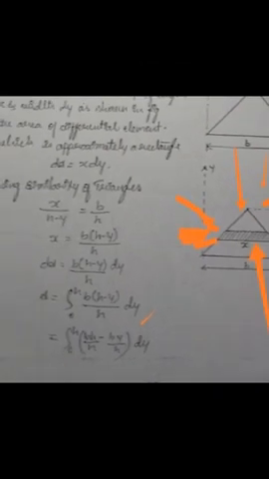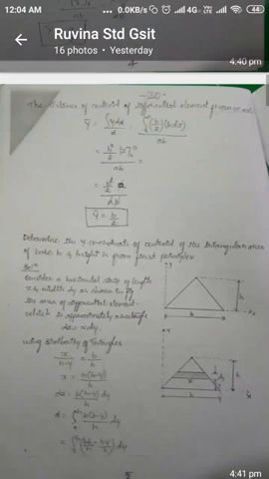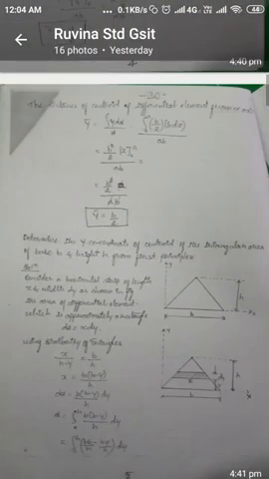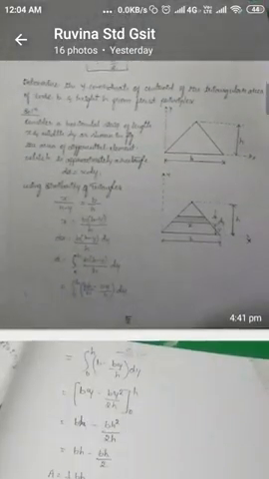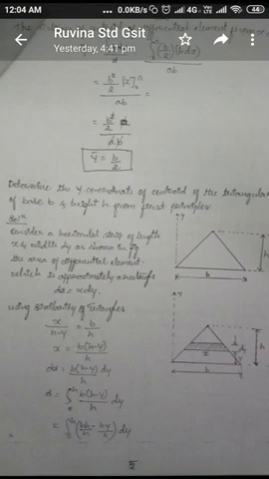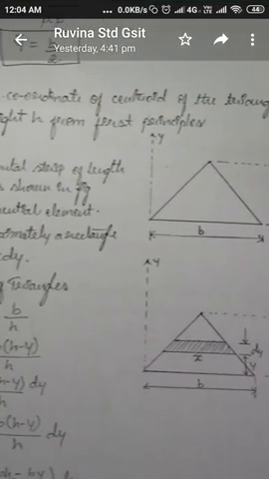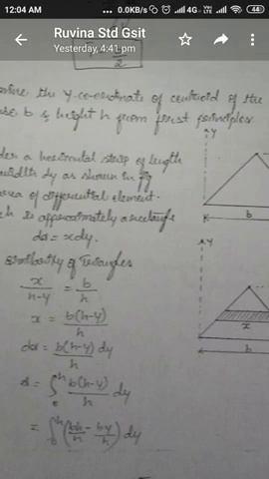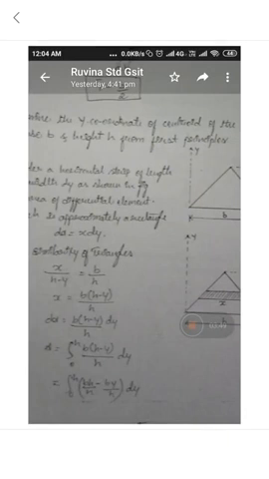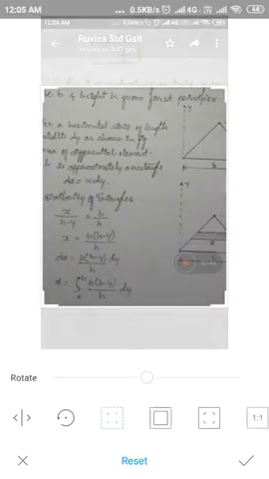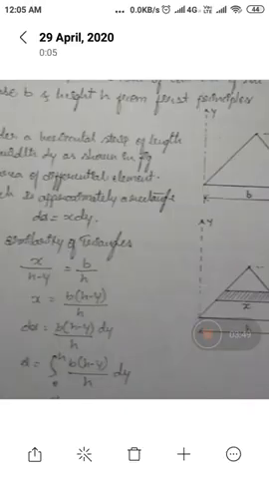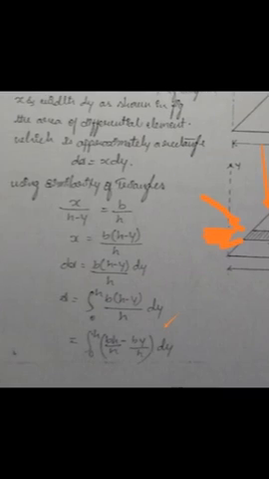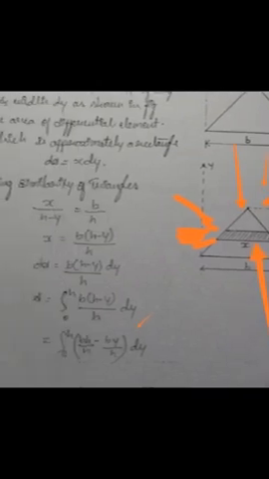So you have to take the similar triangles. You see here the similar triangles very clearly. x is the base of the smallest triangle, and for that, divided by the other base.